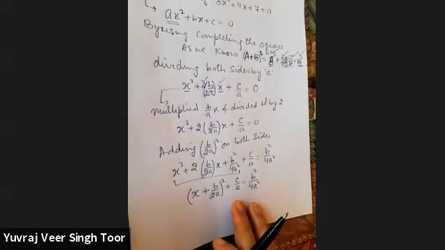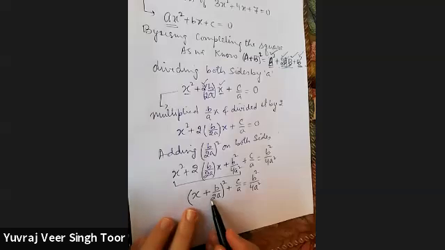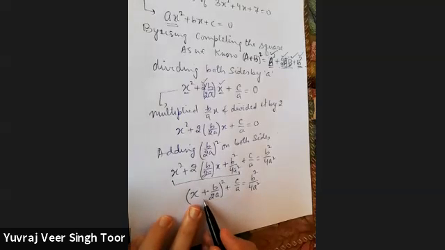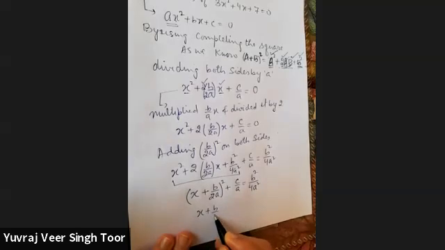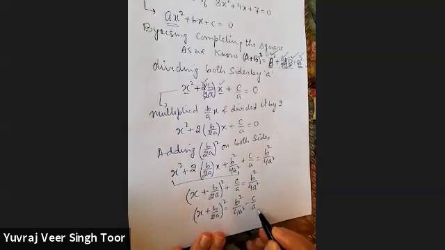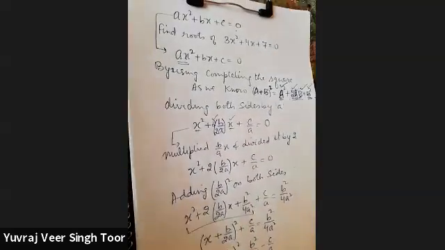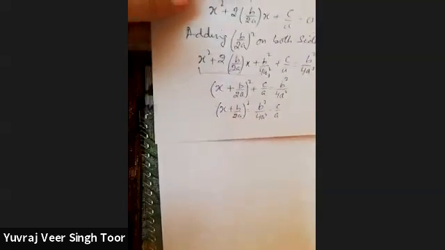This is what we were doing with factorization. In factorization also we were converting the quadratic into product of two linear. Here I am trying to convert, you can see it's a square of a linear. The square of a linear will help you to find out the value of x. Finally, we have to rearrange, transfer this on the other side, solve it, and see what we get.